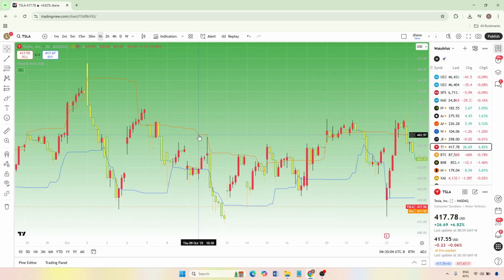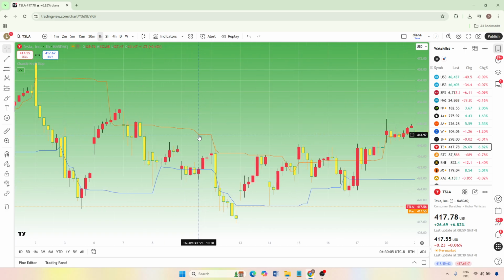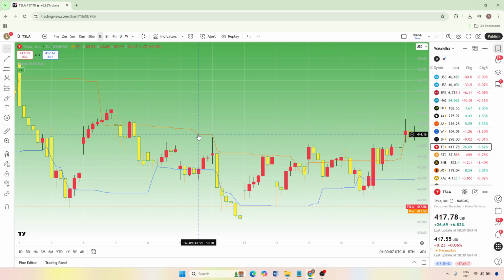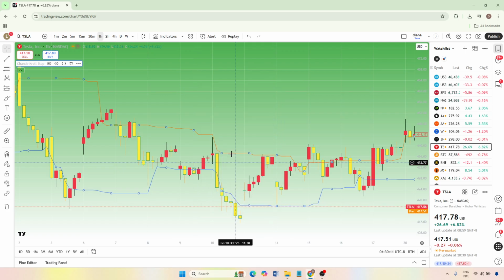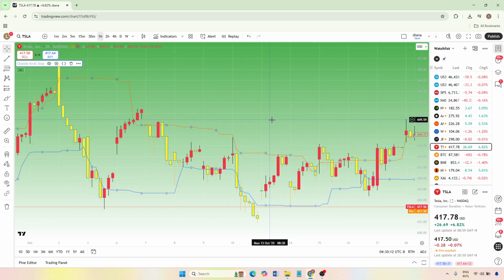From here, you can customize the settings if you want by hovering over the indicator's name on the chart and clicking the settings icon. You can adjust inputs, colors, and visibility to fit your trading style. If you're just getting started, it's perfectly fine to leave the default settings while you learn how the signals behave